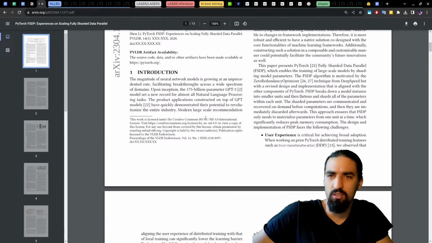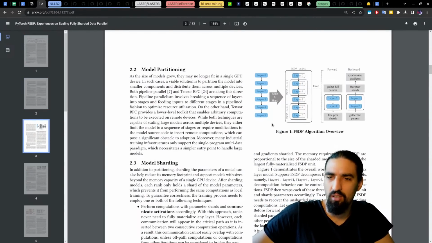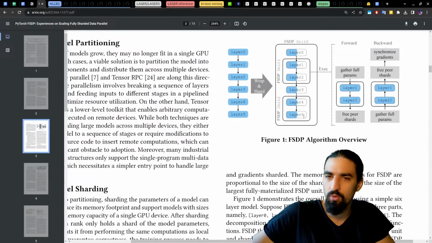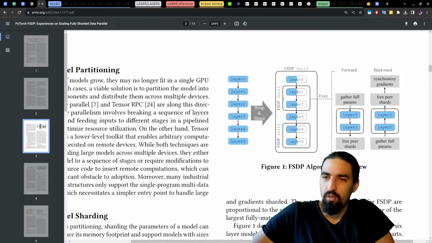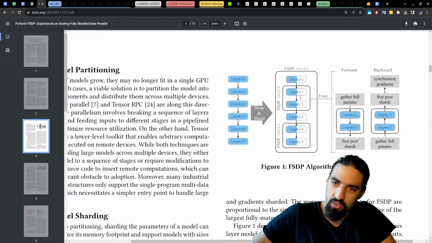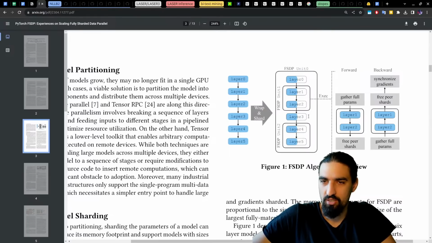Okay, so that's kind of the introduction. Let's see the charts here. FSDP algorithm overview. So here, okay, so you can see the sharding happening here, layer 0 through layer 5, and we only have half of the layers. So the half of the shards on this device, I guess.